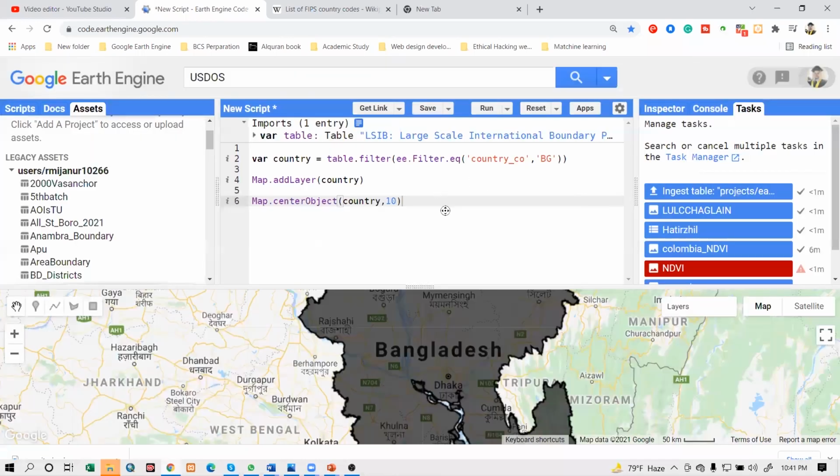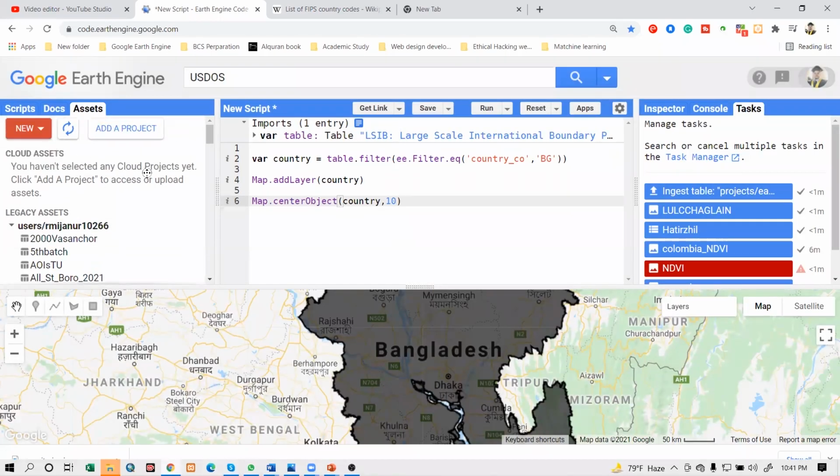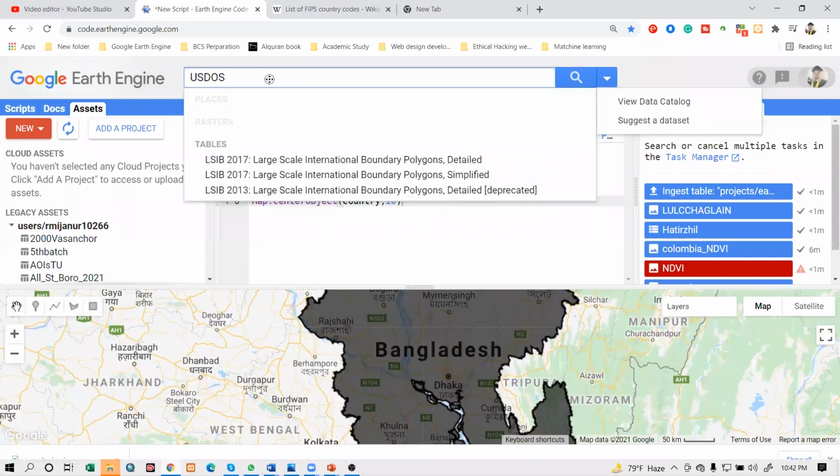Okay, thank you. So now I will try to show you another thing. Suppose you want to import a raster image. So this is the vector part, I will complete all of these things. You have seen how you can import this shapefile, show this layer here, and filter your own shapefile, and then how you can use the USDOS data set. Other vector data sets are available on the Google Earth Engine platform for a specific country or a specific city. You can just search and filter. It is the same way.